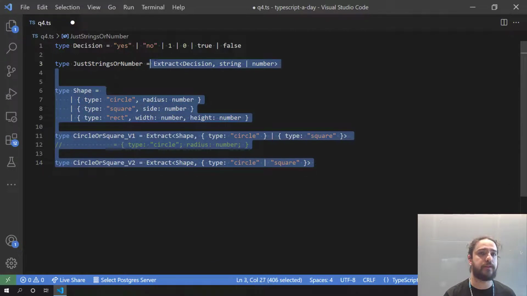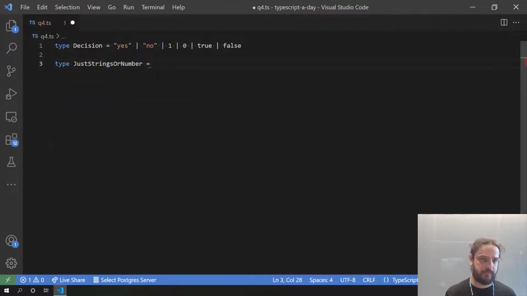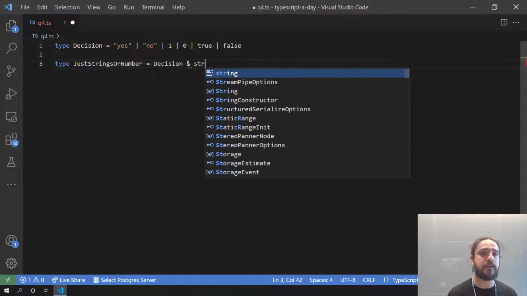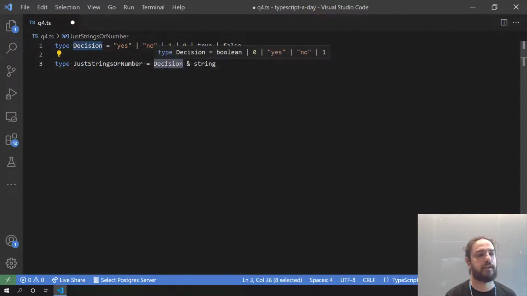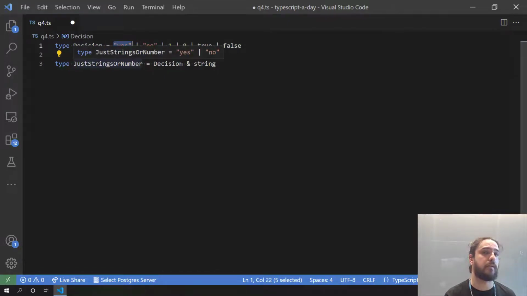The other option is to use intersections. Namely, if we want to extract from Decision just the string components, we can say Decision and string. And this will preserve the constituents of the union that are just string. So in this case, they will be yes or no. The way this happens is that